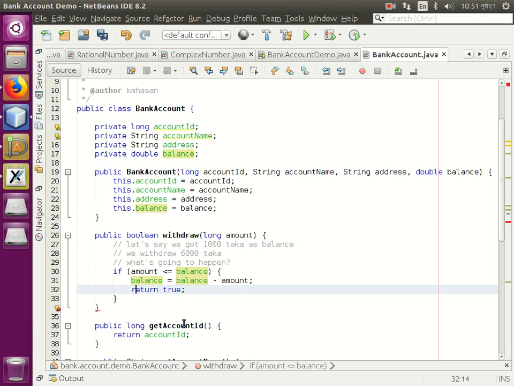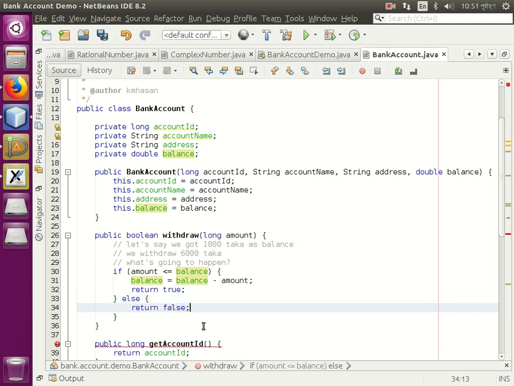Okay, so that's that. And if this is not the scenario, else we return false, right? The withdraw method was not successful. But when you return false like that, you should also provide some sort of error message that this is what happened. So we can say